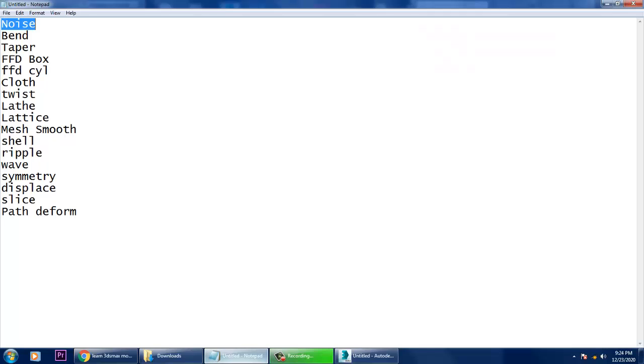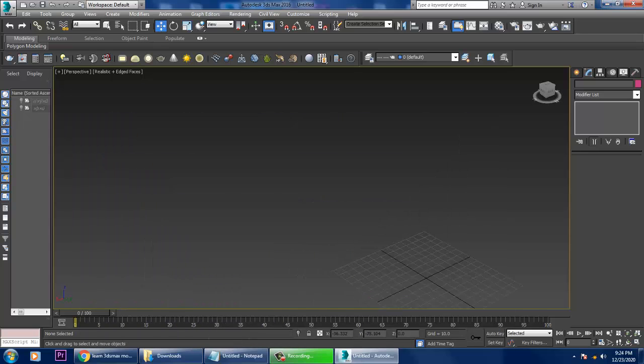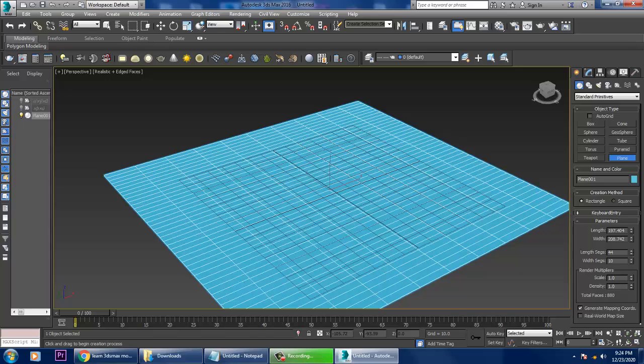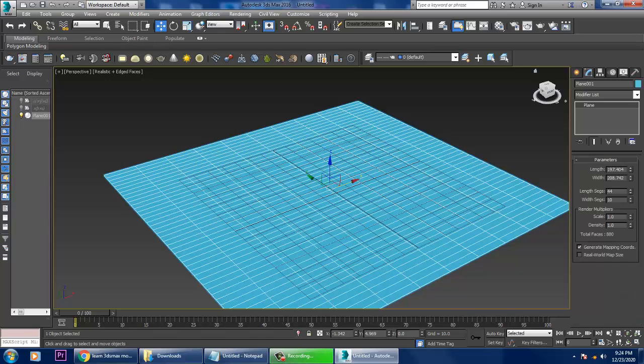So let's get started. As you can see over here, we have started with 3 modifiers. The fourth modifier we'll be going through is your FFD box. FFD means free form deformer. We have gone through FFD box many times in our previous tutorials also. So let's get started. How FFD box works is, for example,